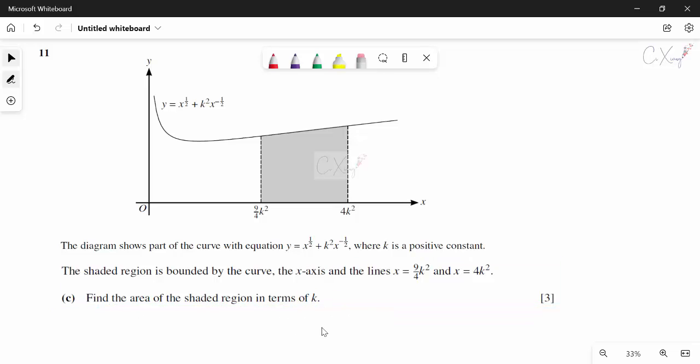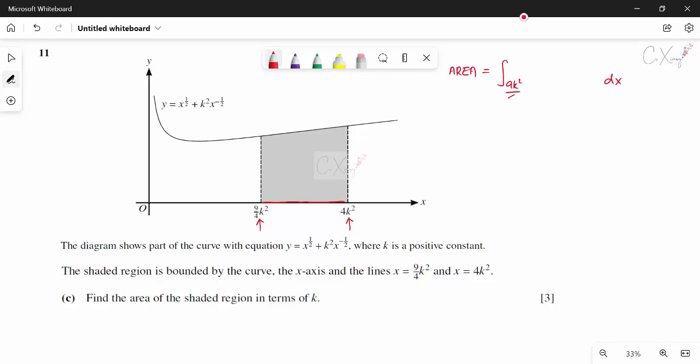To find the area of the shaded region, generally you have to do the integration. Correct or not? So we will start with area. To find the area, you need to do the integration. For this particular question, you can observe in the diagram that the area is attached to the x-axis, therefore we should integrate with respect to x. Since it is attached to the x-axis, you need to fill in the limits for x. This is the limit where the area starts, and this is the limit where the area ends. So you should put in